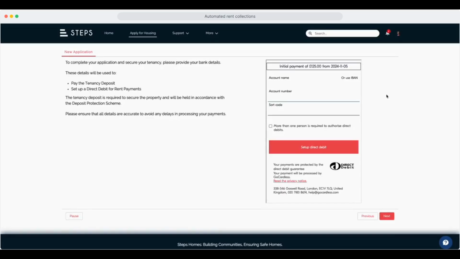So we've embedded the pay page into this portal using an iframe so that it shows as part of the screen flow that the tenant is going through. The process here is that the tenant is entering their bank details once, and that payment method will be used both to take an initial payment of £125 for their tenancy deposit, and those same bank details are also going to be used to create a direct debit authorization, which is a saved payment method for taking